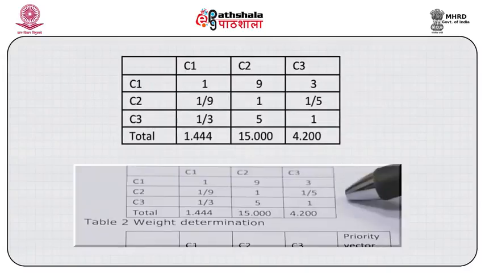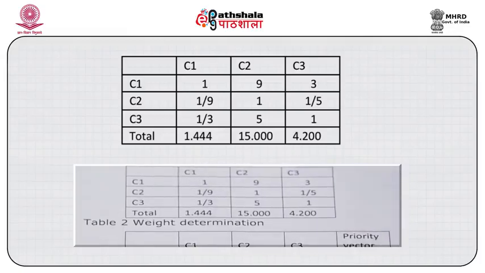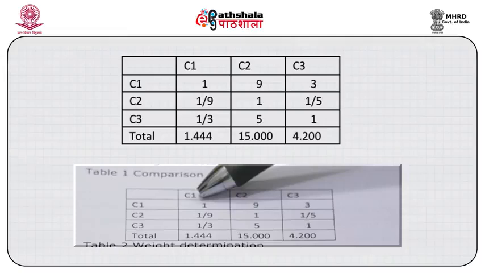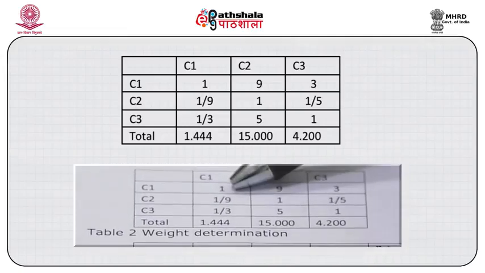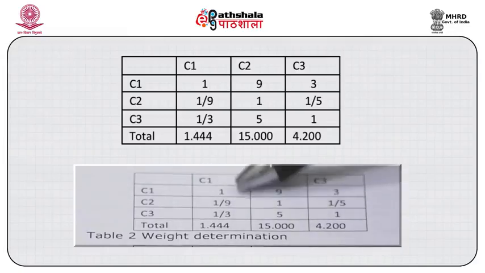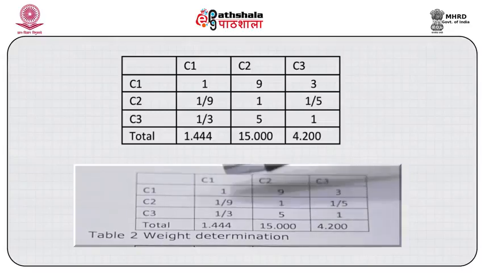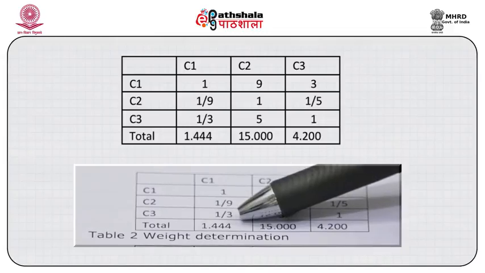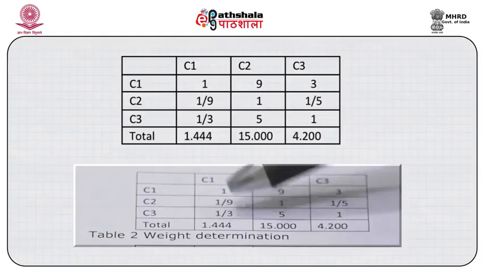So if you look here, we have a table where we have 3 layers C1, C2 and C3. Now each of these layers is given a relative importance as against the other. So if you notice here we have 1, 9 and 3. A value of 9 implies that it has been given the most importance, while 1 is a preference between the two data, but it is the lowest amount of preference. Now this matrix similarly has the reciprocals of these, when you see 1 by 9 and 1 by 3 between C2 and C1.